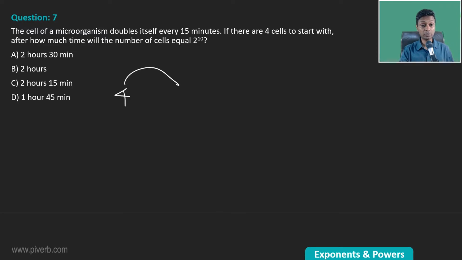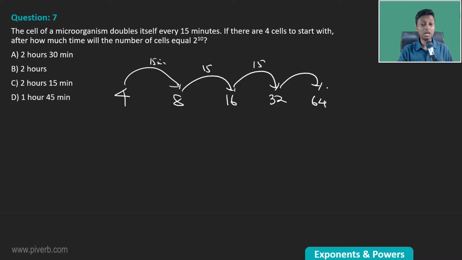4 to start with. After 15 minutes, it becomes 8. Another 15 minutes, it becomes 16. Another 15 minutes, it becomes 32. Another 15 minutes, it becomes 64. And so on. Or it goes from 2 square, 2 cube, 2 power 4, 2 power 5, 2 power 6,